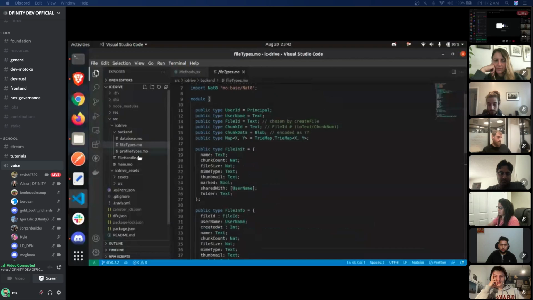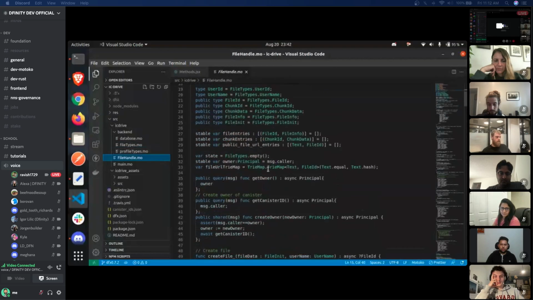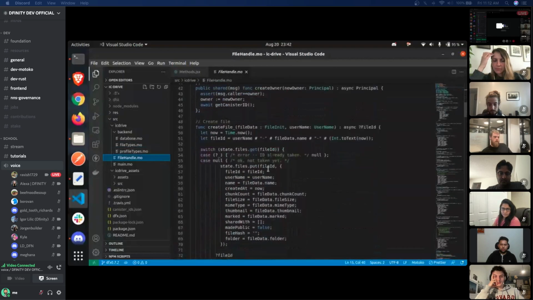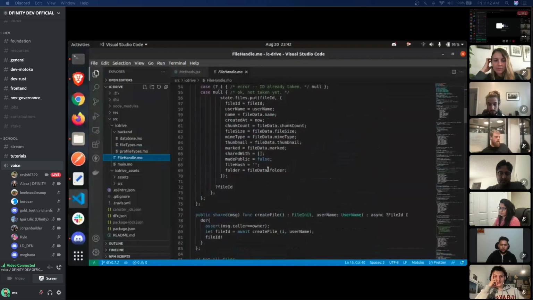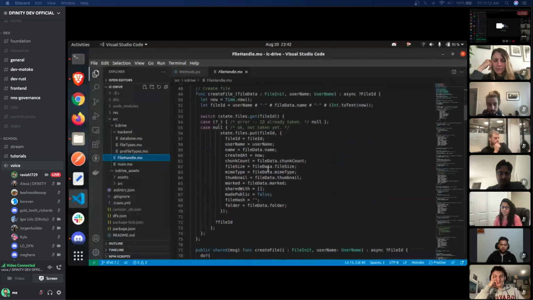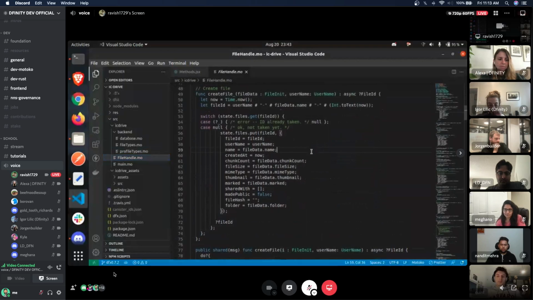So now let me just go through the CRUD operations. Whenever a user initiates a file create, firstly the metadata of the file from the front end is transferred to this create file function, and this function stores the metadata of this file and returns the file ID to the front end.